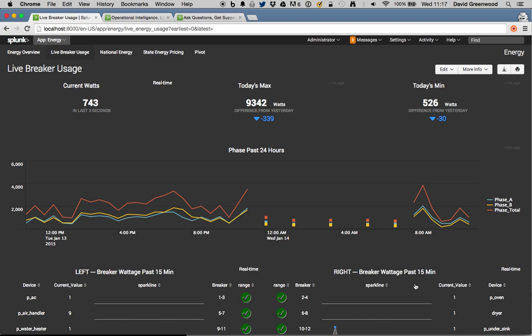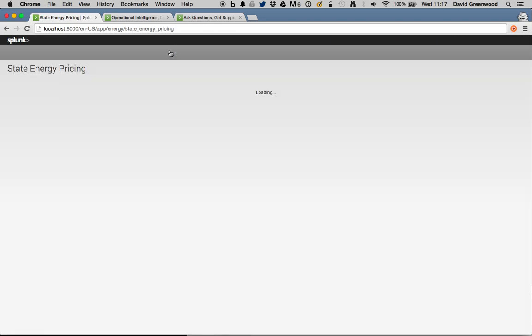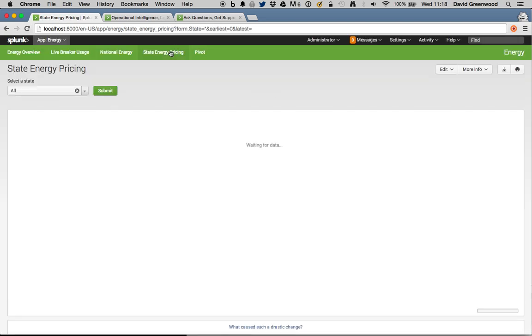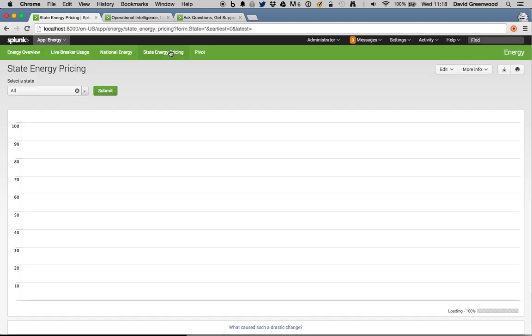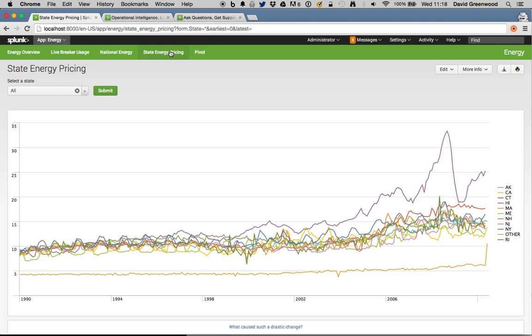Splunk can also augment log data with traditional database sources, such as pulling in pricing data. Let's take a look at our state energy pricing view. On this chart, financial executives can see over time, or in real time, prices for locations in which their buildings are based. This can help them understand how much they're looking at spending on energy for the next year, for example, or 2 years. Now this view is made possible by that same machine data we were just looking at,